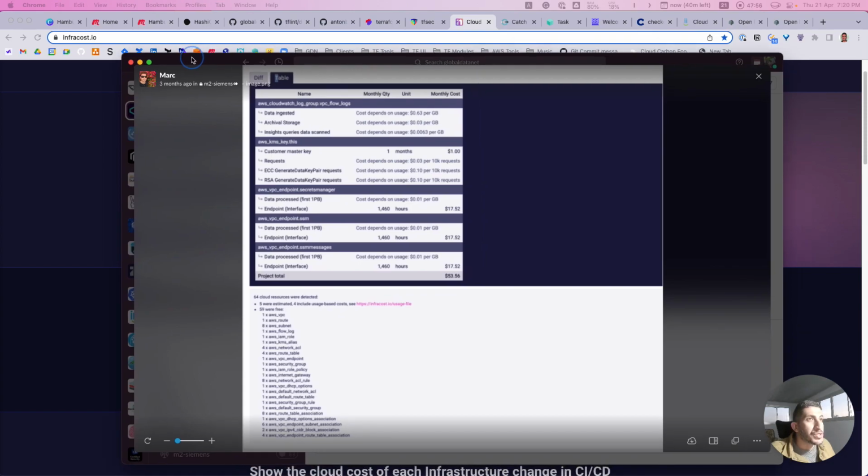Yeah, so this is a project that we're running for a client, and it includes a VPC endpoint. This is for scanning the VPC or network stack. By network stack, we include VPC endpoints, VPC flow logs, CloudWatch log group, KMS key for encryption, and CloudWatch. So this shows what is being paid, and at the end what is free, like the VPC route, subnet, IAM role, and KMS alias. So what's free, what's not free. That's very good to give you an indication of what needs to be improved if your deployment cost is very high.